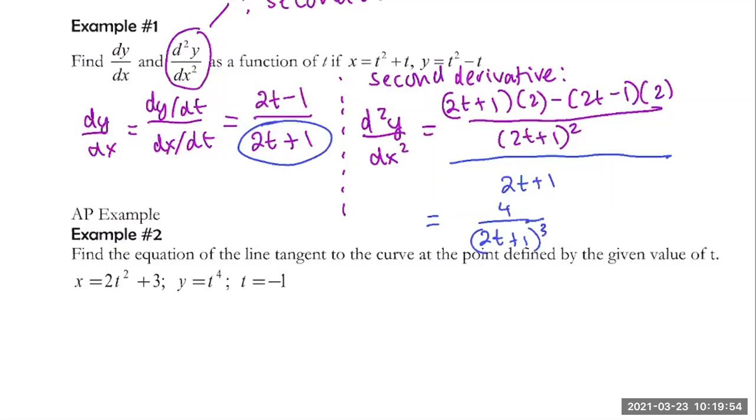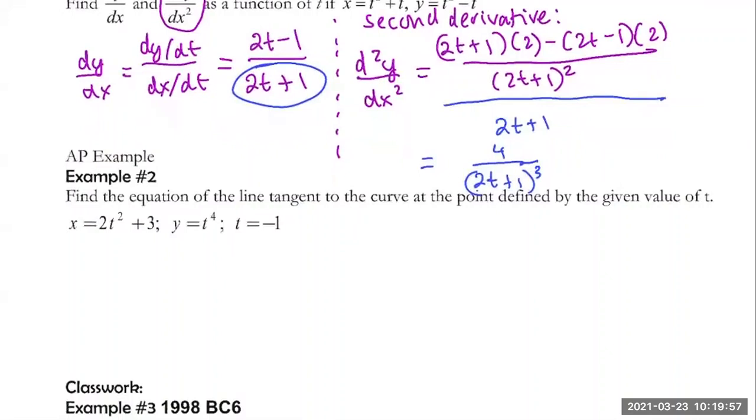Okay, in this one, find the equation of the line tangent to the curve at the point defined by the given value of t. Can you write, for this application, the equation of a line tangent? The slope is like what you're used to when you didn't have parametric equations. So slope is simply dy/dx. It's not dx/dt, it's not dy/dt, it's a combination of both. So you need slope, and for all equations of lines, you need slope and